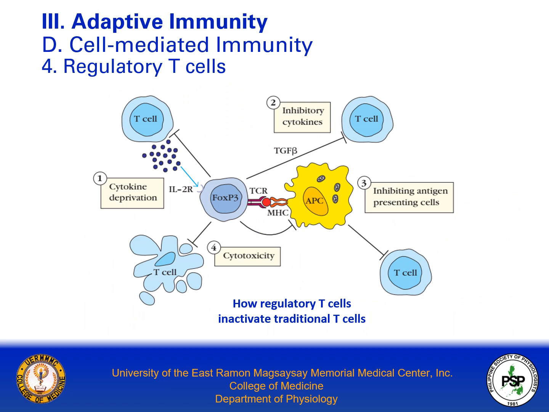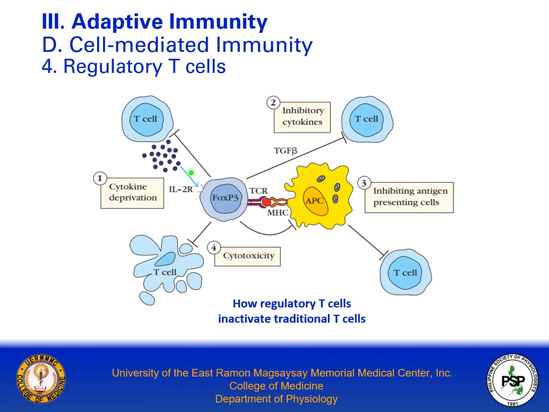I just said in the previous slide that regulatory T cells are important for suppressing immune responses. So the next question is, how does it regulate immune responses? So this diagram shows some possible mechanisms for the activity of these regulatory T cells. First, we have cytokine deprivation. These T regulatory cells express high levels of high affinity interleukin 2 receptors, and they can compete for the cytokines that are needed